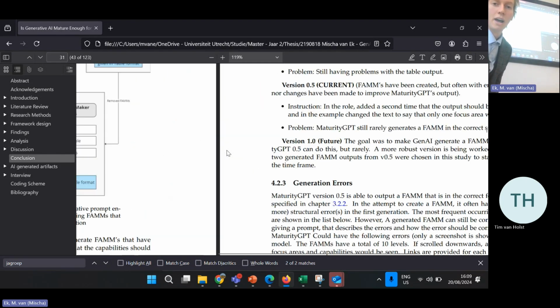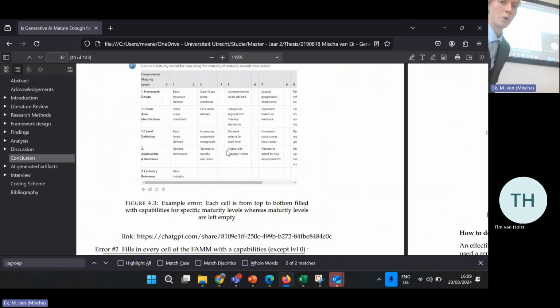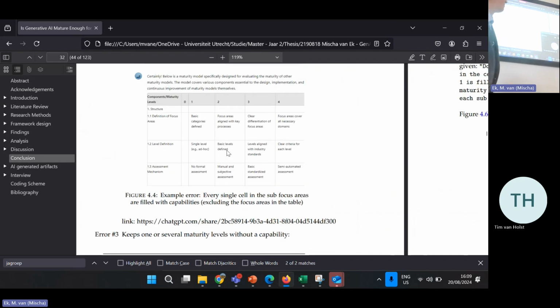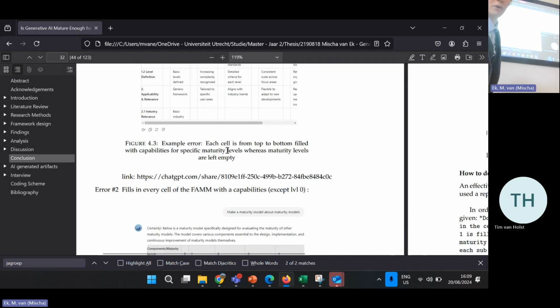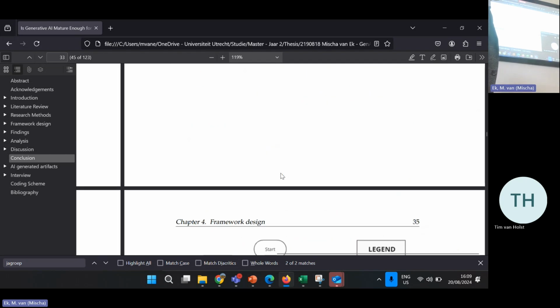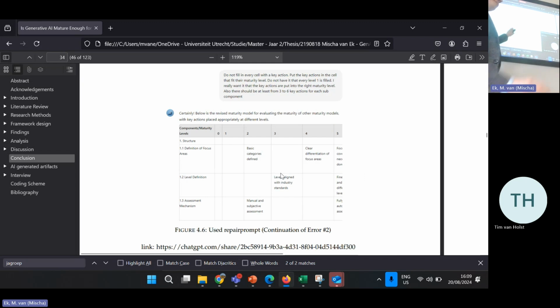Basically, three errors could have come up. One error is it will just put everything in the lane. Second error is it will fill every cell. Third error is it might miss a replication level. But all in all, the placements show that it can understand how a focus area maturity model is supposed to be and what level it's supposed to be. And what I've also had as a comment is that it seems to be more naturally distributed from people.